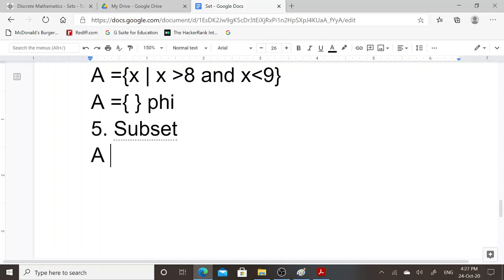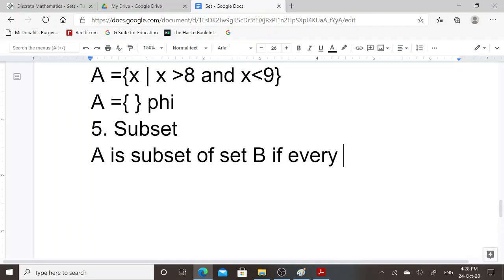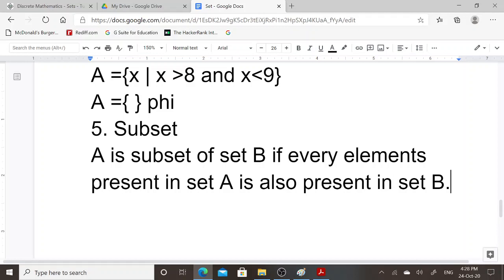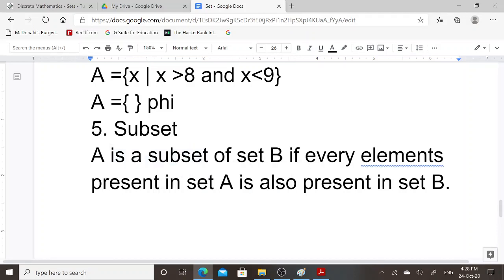A set A is a subset of set B if every element present in set A is also present in set B. A is a subset of set B if every element present in set A is also present in set B.